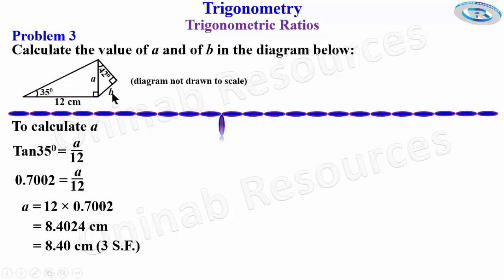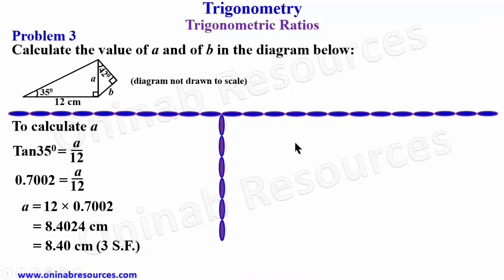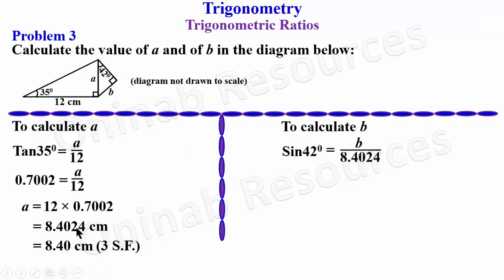So we go ahead to calculate B. Remember, we're going to be making use of the value of A. From the smaller right angle triangle, this is opposite and hypotenuse, sine. To calculate B, that's going to give us sine 42 degrees equals opposite, which is B, over hypotenuse, and our hypotenuse is A. We've gotten the value of A to be 8.4024. So the value of sine 42 degrees is 0.6691. It's equal to B over